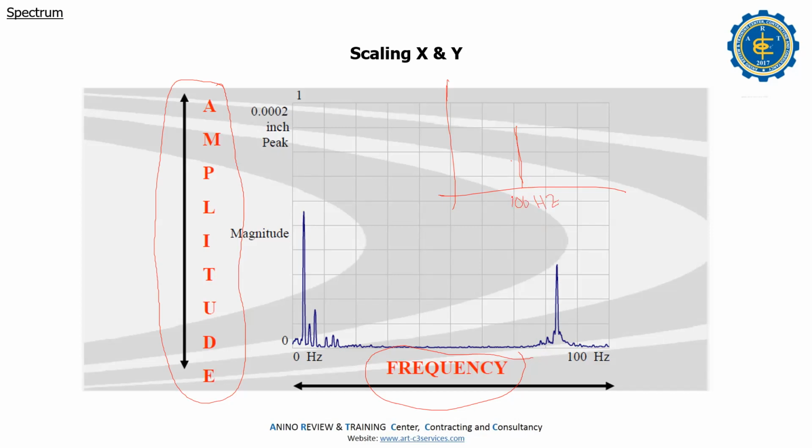So if you have 100 hertz, that one. If you have 3,600 RPM, how much is your 1x? 3,600 divided by 60 is 60 hertz. That's why, for example, that is the 1x. That's why in a country that has 50 hertz,